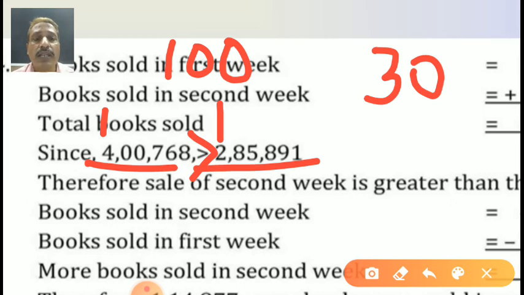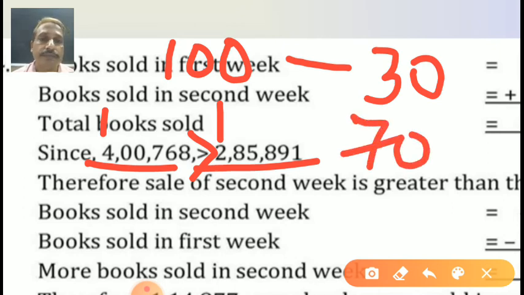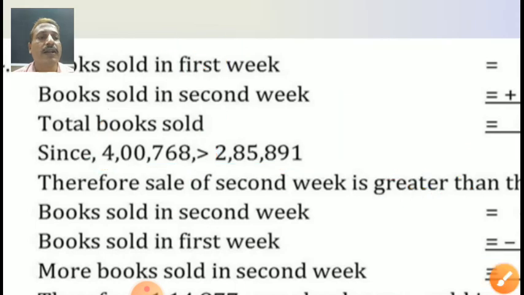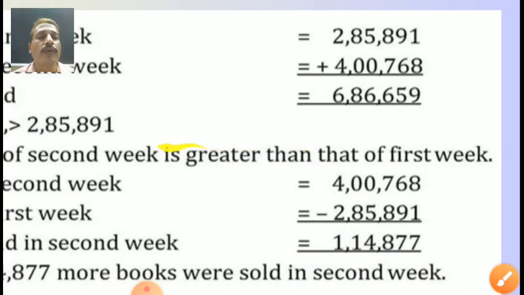Plus? No, wrong. Multiply? Sorry, yes, you are right. Minus you have to do. So the answer will be 70. Isn't it? Or when you add both numbers, you have 100. Good. Now in the same way here in our example, we have to subtract 4 lakh